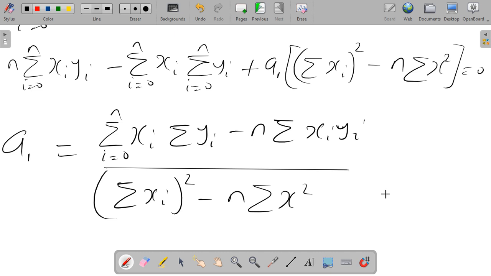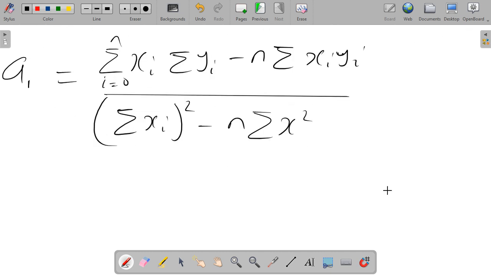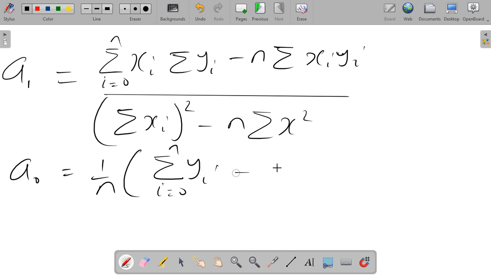So the value of your a0 will now be, to put back your a1, don't forget that we got that our a0 is equal to 1 over n into the summation of i starting from 0 to n of yi minus a1 the summation of xi. Don't forget i from 0 to n. Okay, so we are putting our a1 back. This is our a1, we have gotten it. We will now come and put it here. So our answer finally will now be equal to 1 over n